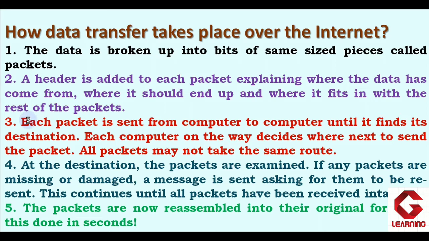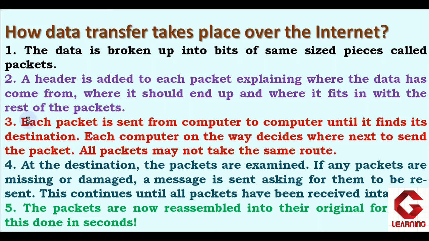But as we know, in case of the internet, billions of computers are available, so these packets have many different routes. As per the load of the traffic, these packets follow the same route or different routes, and thereafter they reach the destination computer. So this is a possibility that all packets may use the same route to reach the destination computer, or all packets may use different routes also, and this completely depends on the traffic. As per that, all packets reach the destination computer.